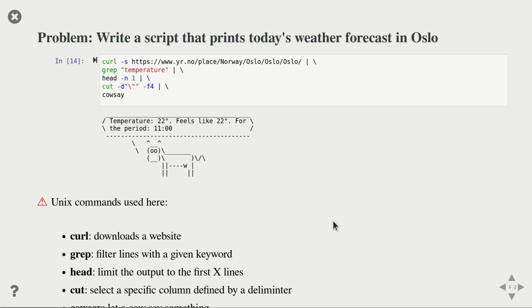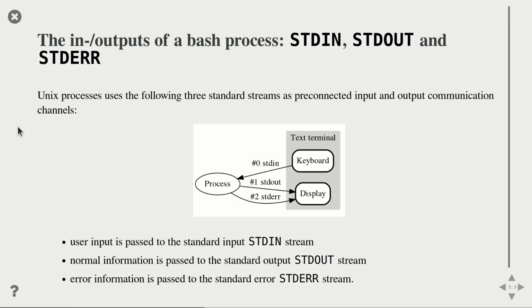Cut takes the input text, interprets this as a table where you specify a specific delimiter to separate the columns, and then you can select a subset of the columns as an output. And then, well, the last one outputs text such that a cow says it. So, not sure if you're going to use that one, but